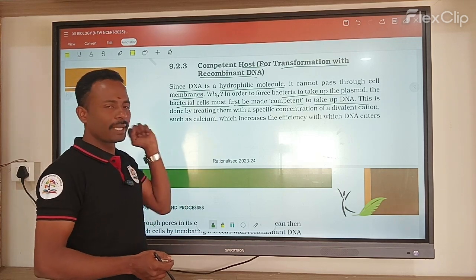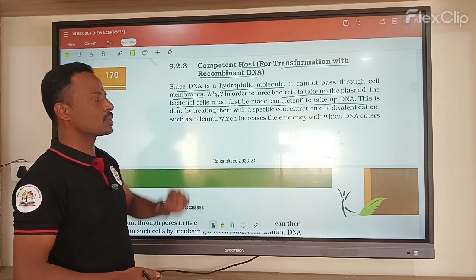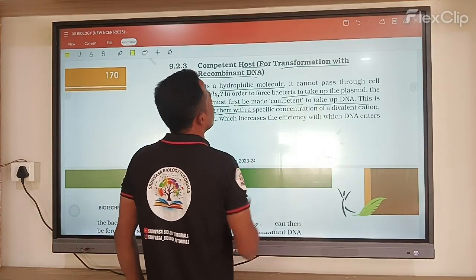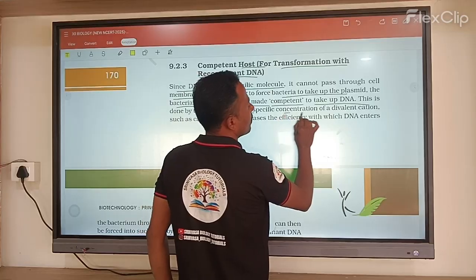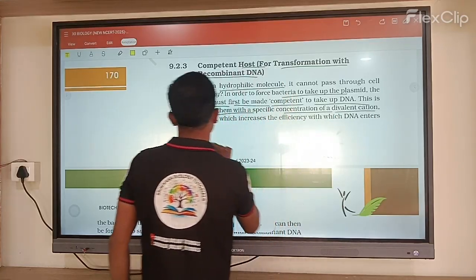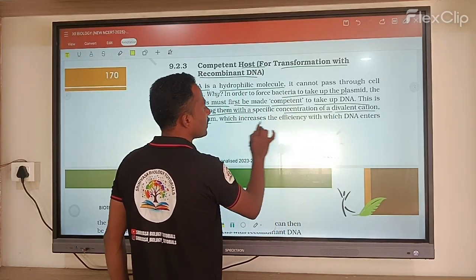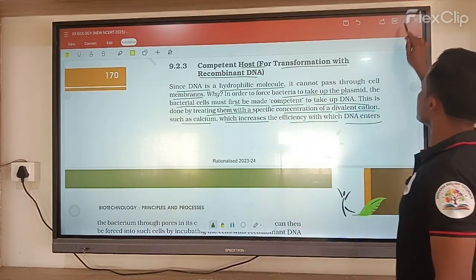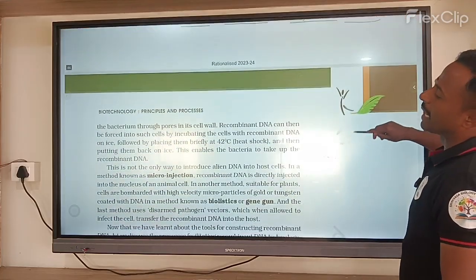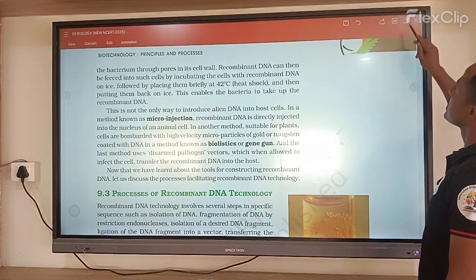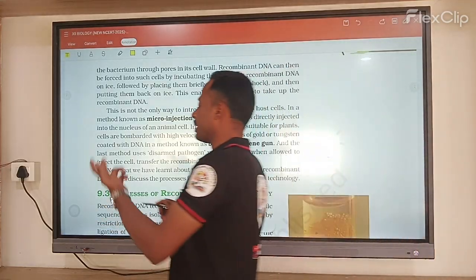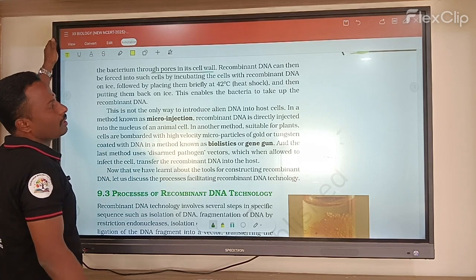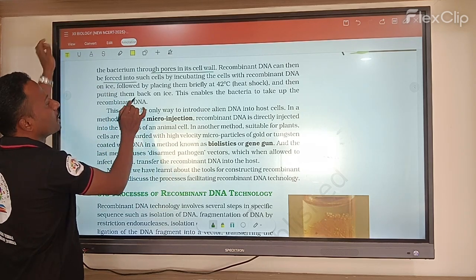This is done by treating the cells with a specific concentration of a divalent cation such as calcium, which increases the efficiency with which DNA enters the bacterium through the pores in the cell wall. The recombinant DNA can then be forced into such cells